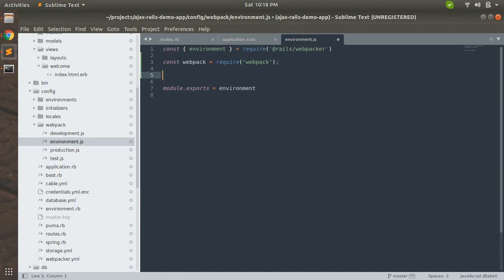So we will add jQuery here: environment.plugins.append.